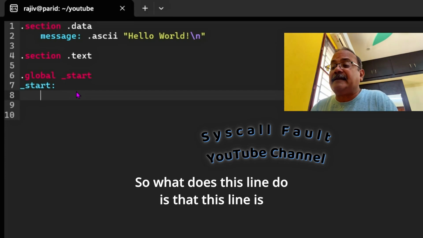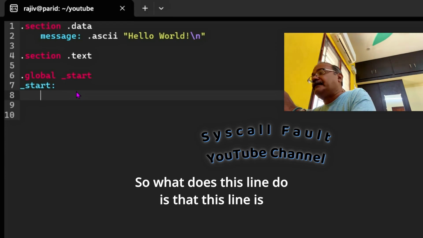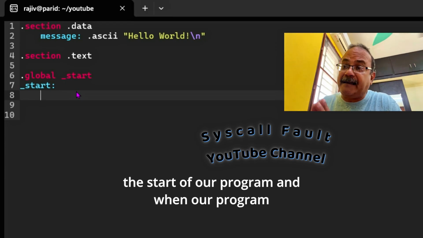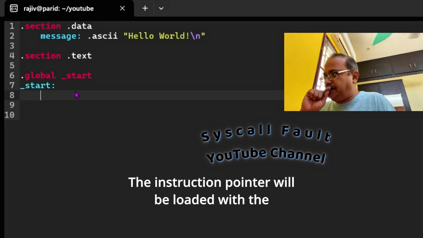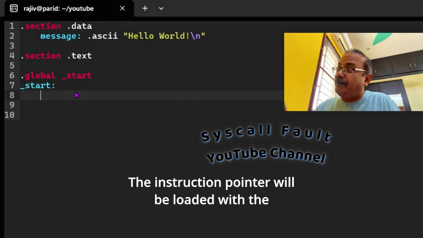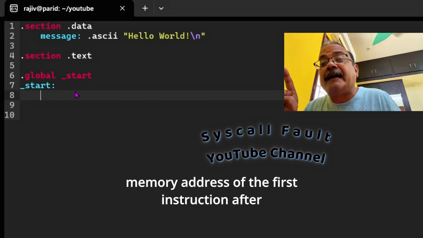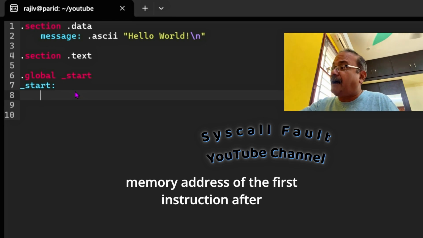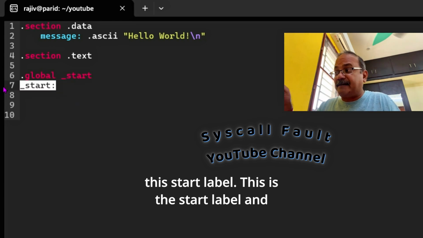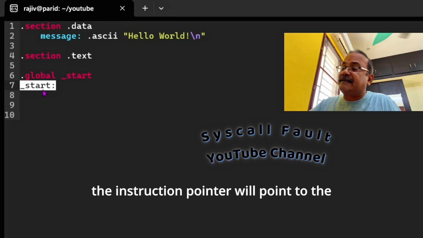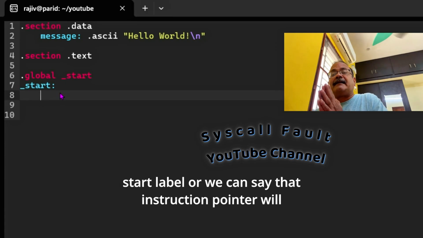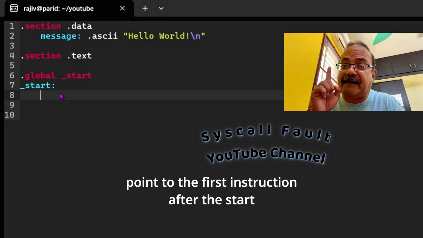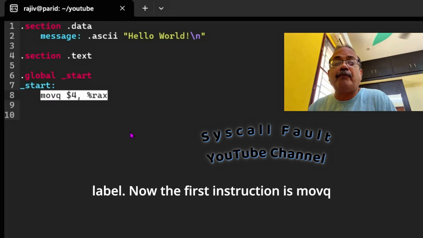When our program begins execution, the instruction pointer will be loaded with the memory address of the first instruction after this _start label, or we can say that the instruction pointer will point to the first instruction after the _start label.